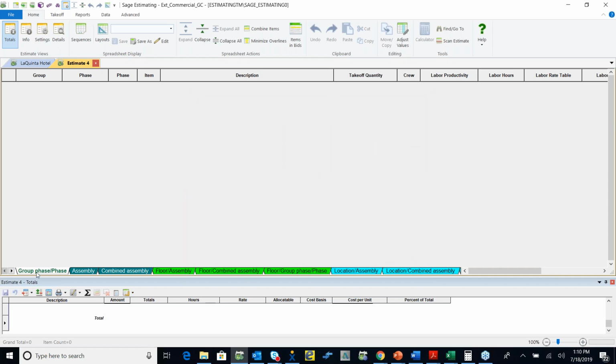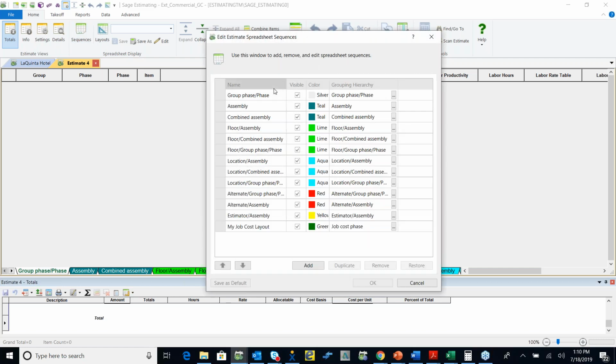Once we get our layout, next we have our tabs down below. These first three are set in stone, but after that, you can go in and take a look at your sequences. And really, this allows you to have the various views of your estimate. So if you want to look at specifically assemblies, or in this case, my job class layout, our alternates, or